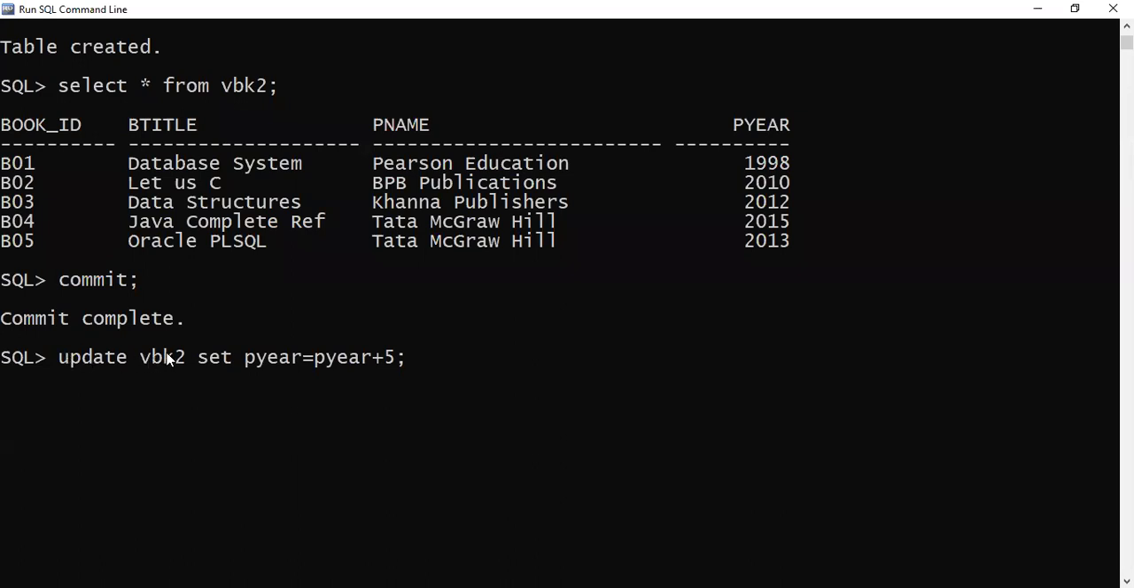Update the table name. Set what am I changing? Publication year. How am I changing it? The original publication year, I am incrementing it by 5. Suppose it is 1998, then it will be changed to 2003. Like this, for 5 years, all 5 records are going to be modified